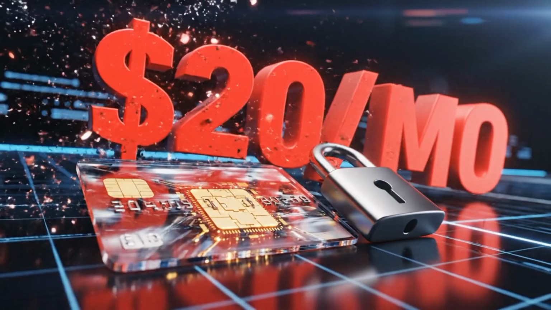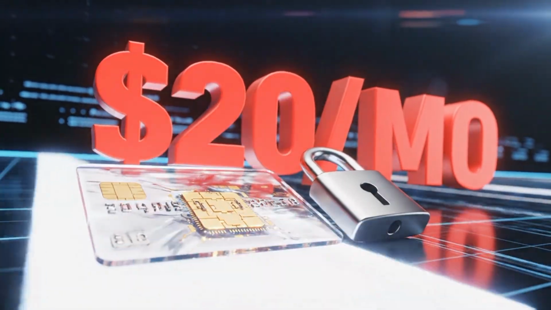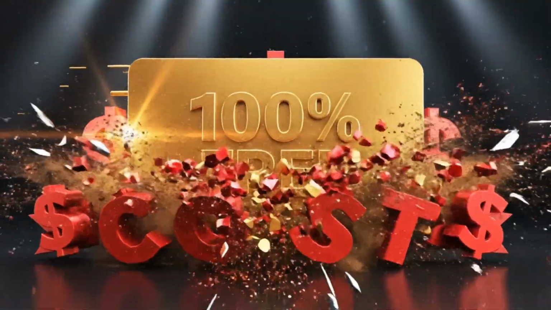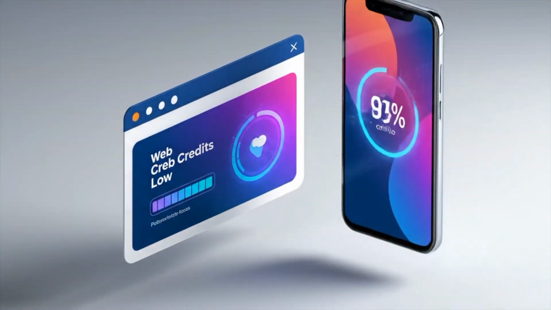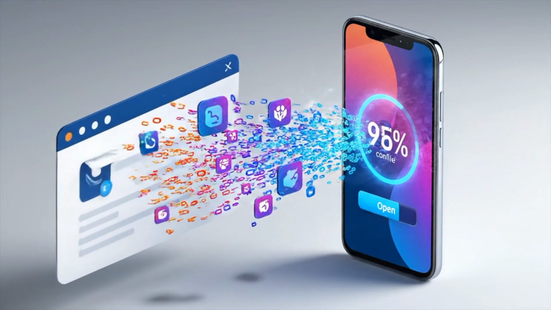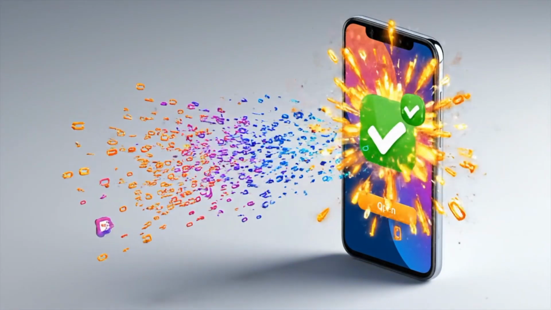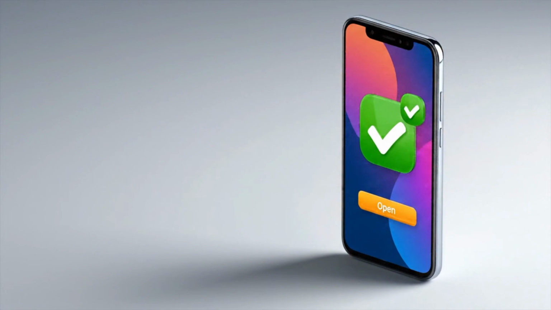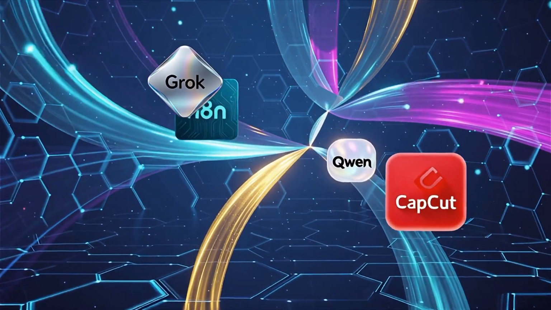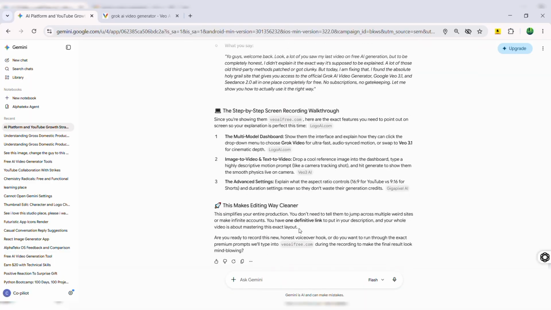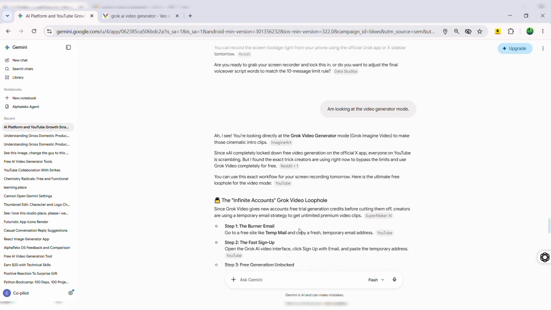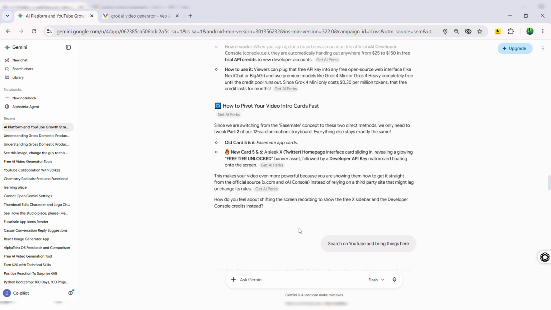If you are trying to grow a YouTube channel, run a business, or smash your exams right now, you are probably facing three massive problems. First, you want to use the most powerful AI like Grok for real-time research, but you don't want to pay a heavy monthly subscription. Second, your thumbnails don't look clickable enough to compete with big creators. And third, jumping between 10 different messy websites just to make one single video is draining your energy and burning